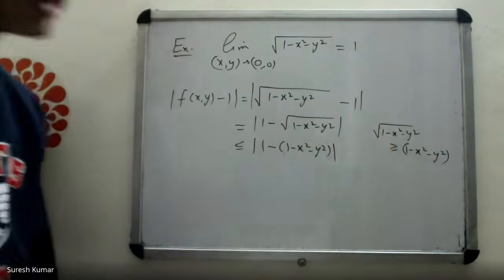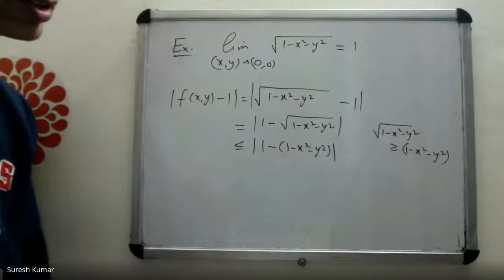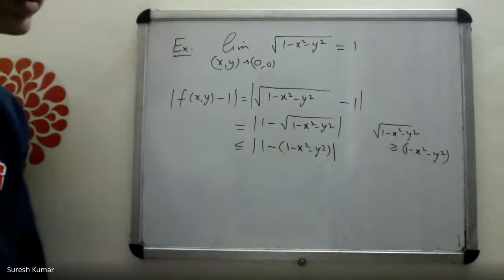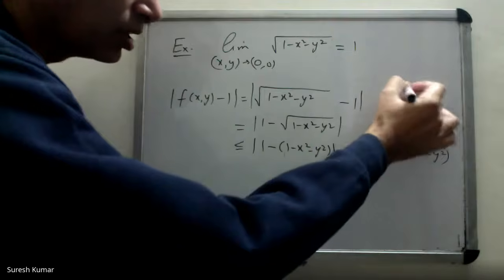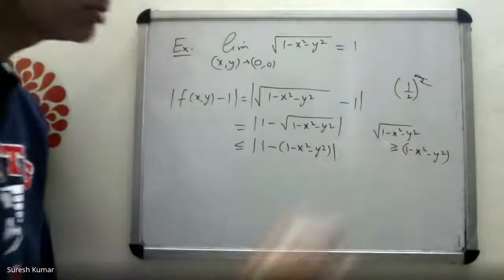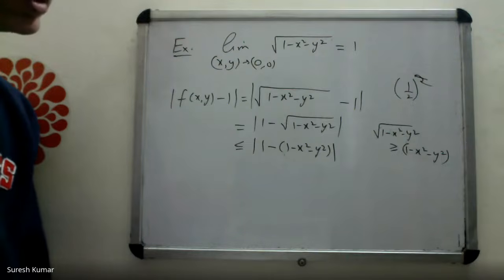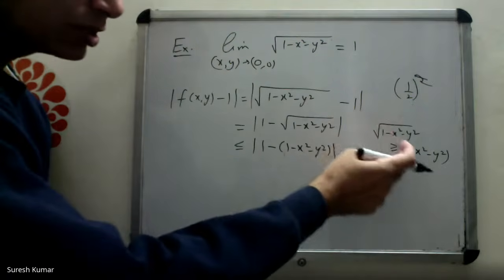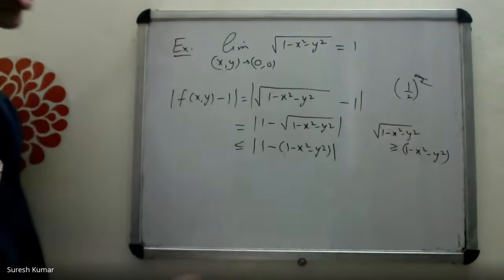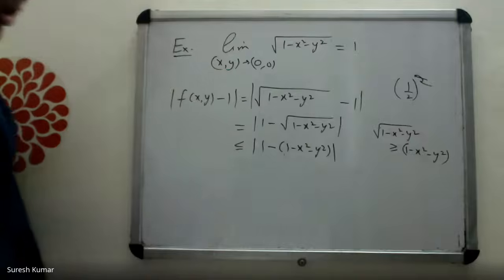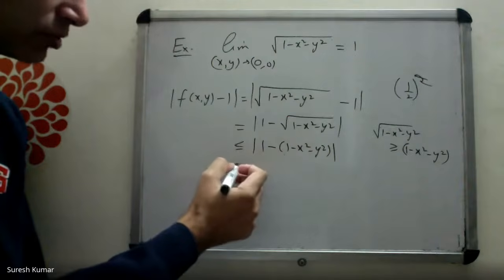The expression inside the square root sign is less than or equal to 1 for all permissible values of (x,y), right? If something is less than 1 and you square, does it get bigger or smaller? It gets smaller, right? If you square, then it gets smaller. That's why this thing is greater than or equal to this. So this inequality is fine. Less than or equal to because of minus. So it is fine. So what do you get from this?